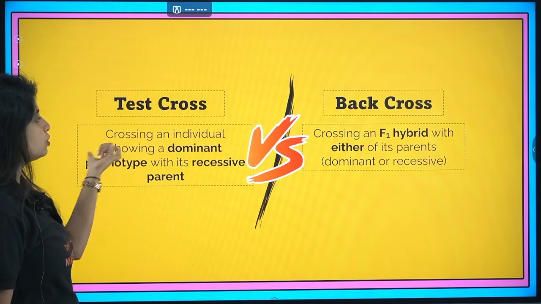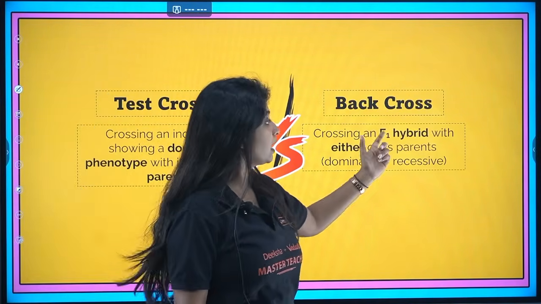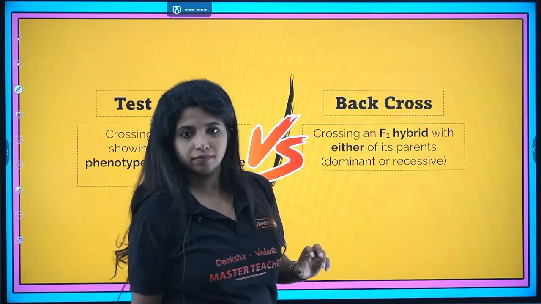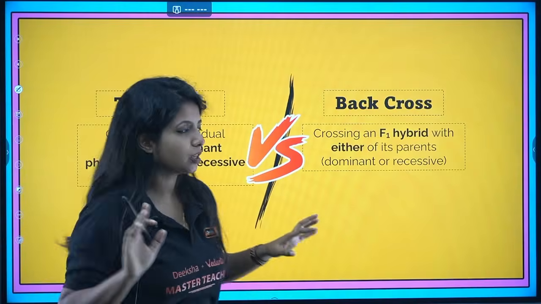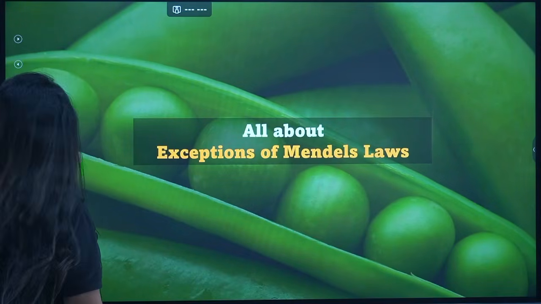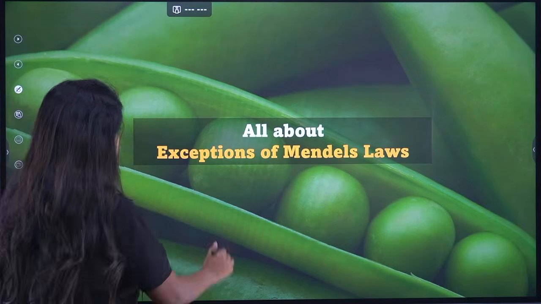Crossing an individual showing a dominant phenotype with its recessive parent alone is known as test cross. Crossing an F1 hybrid with either of its parents, going back to either of the parents, is known as backcross. Done? Fine. Let's go to the exceptions of Mendel's law, and this is one of the favorite parts